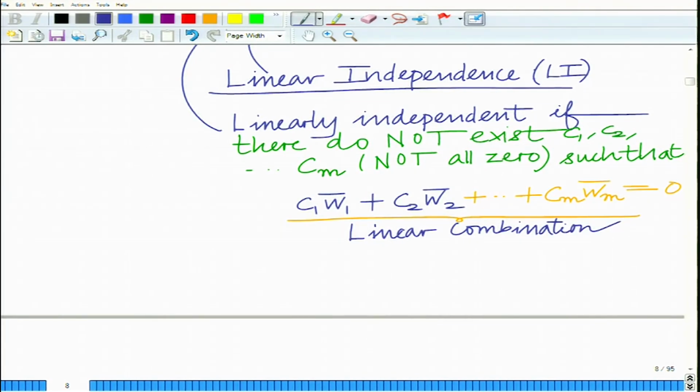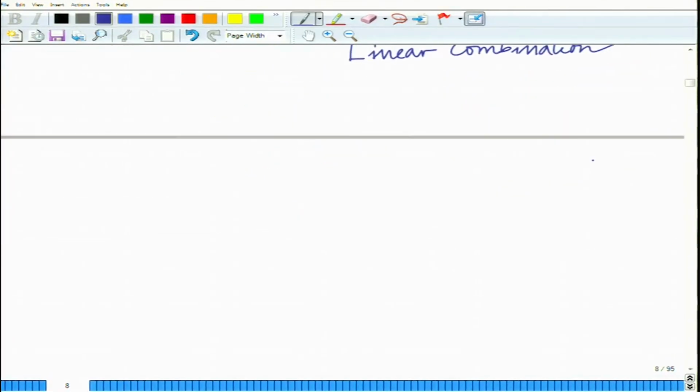So, there cannot be a linear combination of vectors w bar 1, w bar 2, w bar m with coefficients or weights C1, C2, Cm, not all of them 0, such that this linear combination is 0, else they are linearly independent. All right. Now, what is linearly dependent? Else they are linearly dependent,